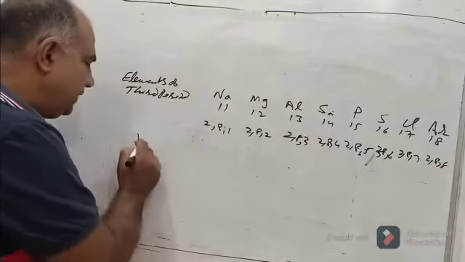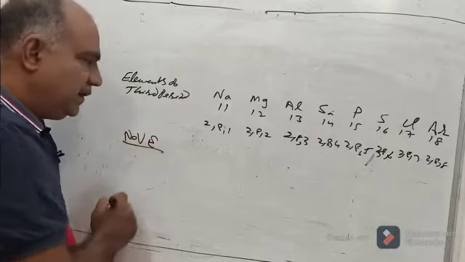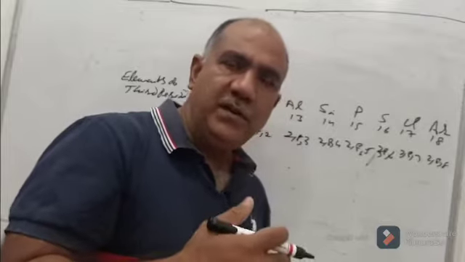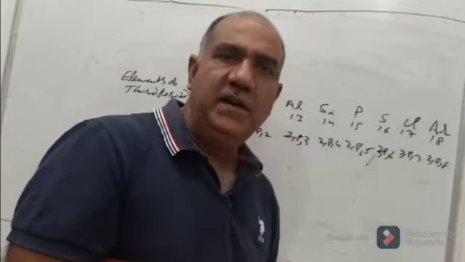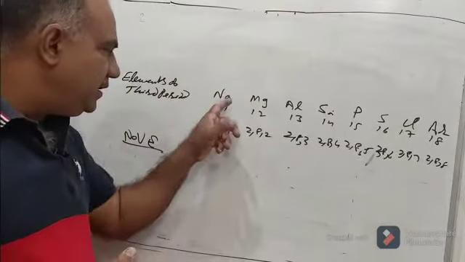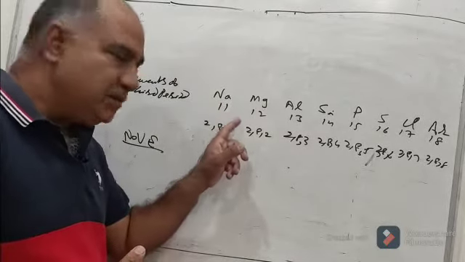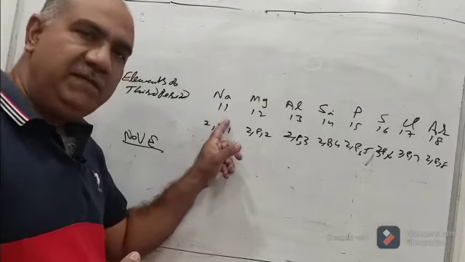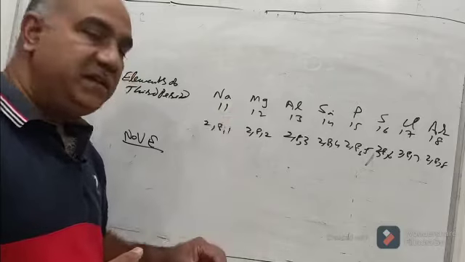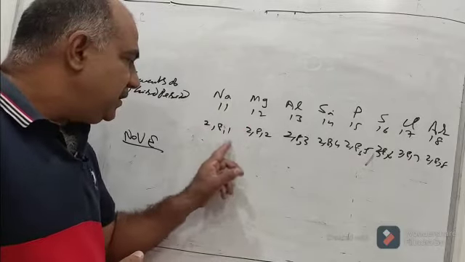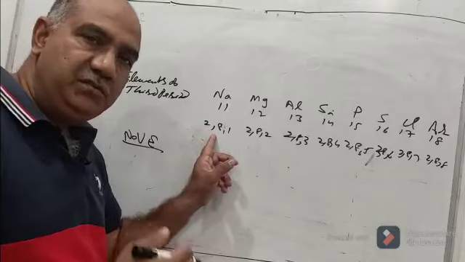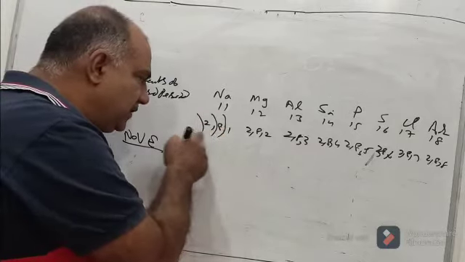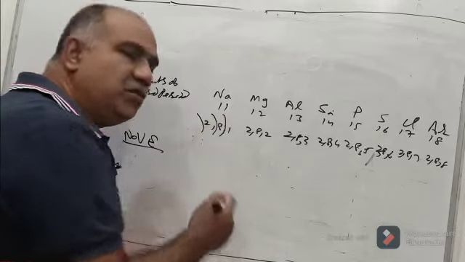See, when we say valence electrons, number of valence electrons, these are the electrons which are present in the outermost orbit of an atom of an element. Sodium is an element, and here we are representing one atom of sodium. So in one atom of sodium, the number of protons that are present in the nucleus are 11. That is why the atomic number is 11. Now electronic configuration is this. These electrons are distributed into 3 orbits. This is in first orbit, second orbit, and this is in third orbit. So 3 orbits are there. So here the third orbit is last.